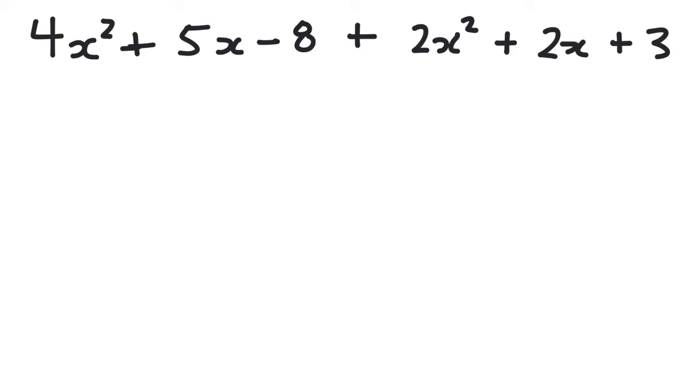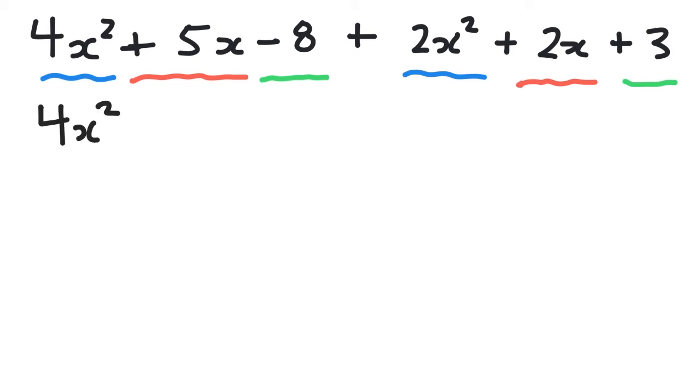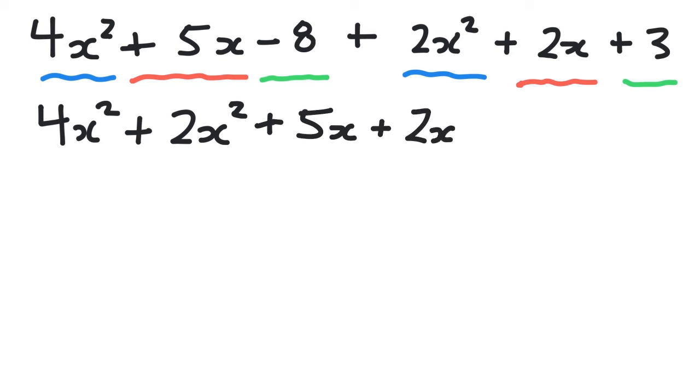So first thing I want to do is find all my like terms. I have my x squareds. I also have my x's. And I have my constants. And we just want to rearrange these all so they're right next to each other. So my 4x squared stays at the front, but I'm going to bring my other x squared, 2x squared, and then I'm going to have my x's together, plus 5x plus 2x, and then my constants I'm going to put in the back,